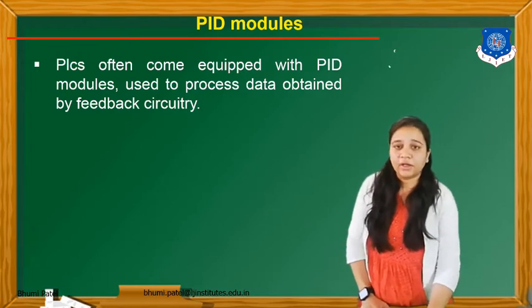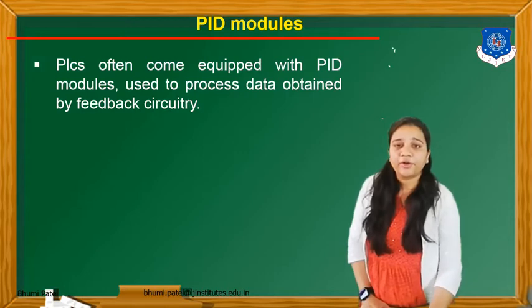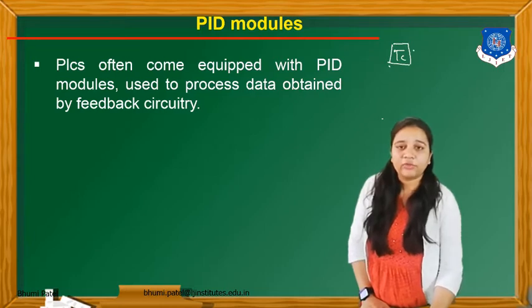Suppose for a particular plant or system, one type of controller is given. Suppose this is my TC, temperature controller, and according to the controller we can connect the system with this controller. Suppose the system transfer function is given